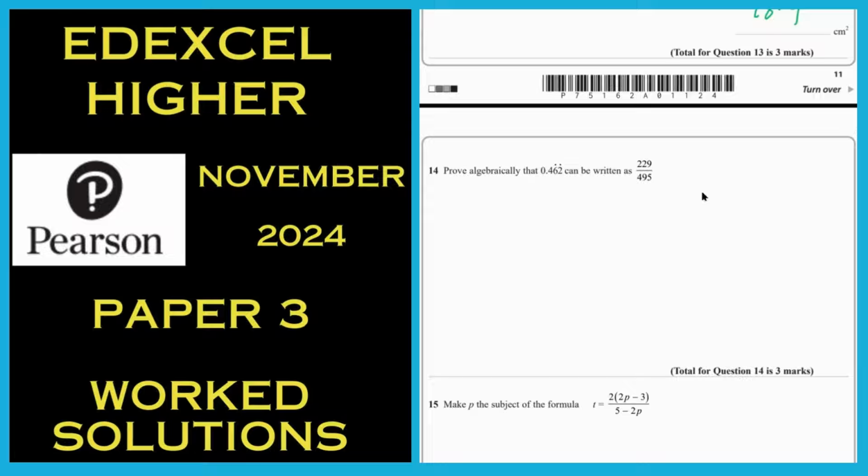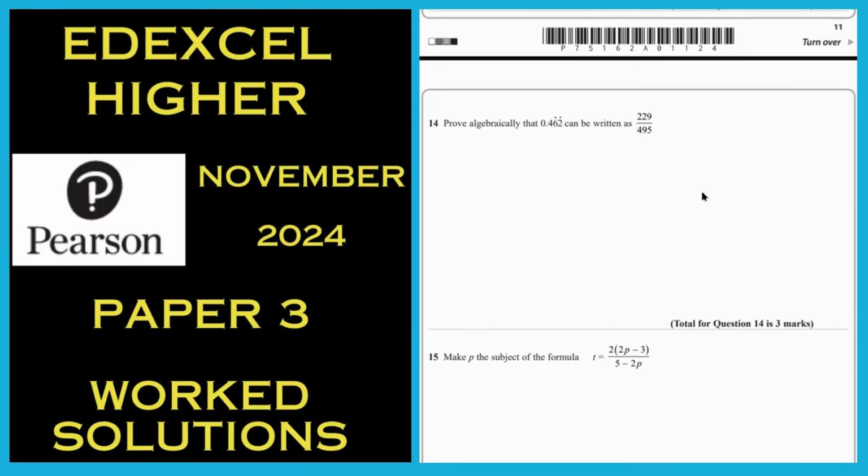Number 14, prove algebraically. In other words, put your calc away, put it to one side. Yes, you're on a calc paper. They don't care. You'll have a couple of different ways. Some teachers will say to you, whatever number you've got, call it x. Times it by 10, then 100, then 1,000, and see where you are. And that's perfectly valid. For me, though,